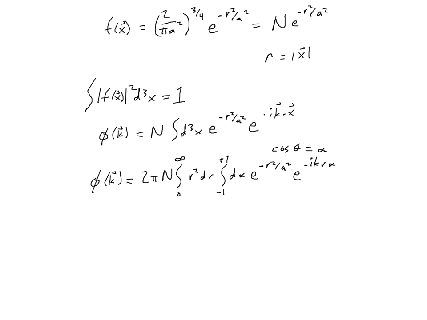Now what's happening is I'm going to skip a few steps just out of time consideration, but you can see here I already integrated with respect to phi because there's no phi terms involved in this. So now I can integrate with respect to alpha really easily because alpha only shows up in this one term, and I have 4 pi over k